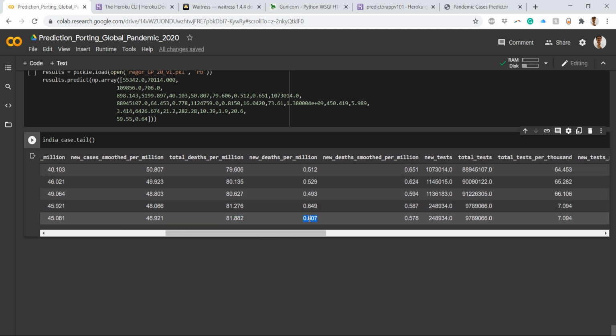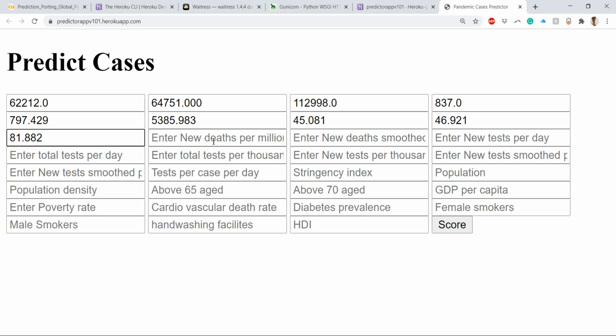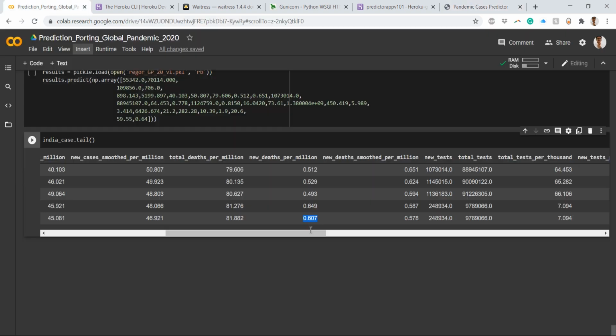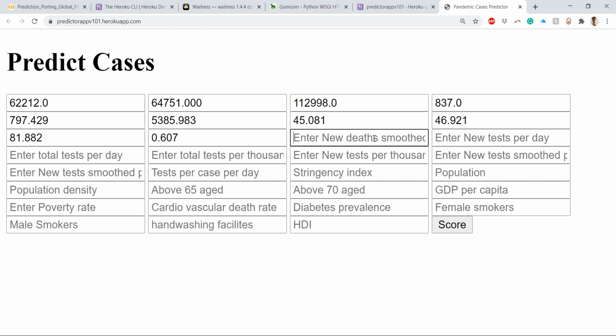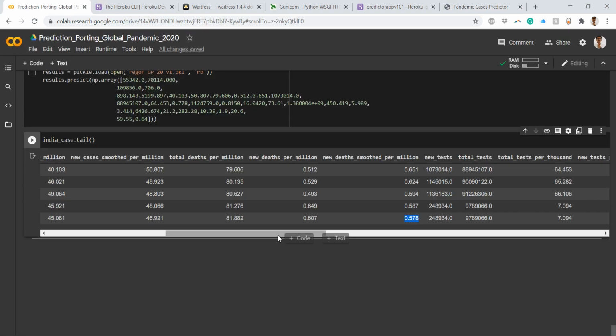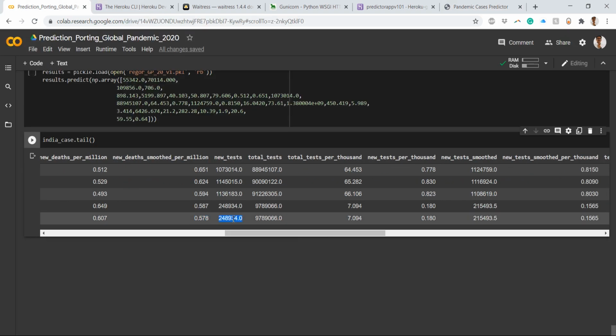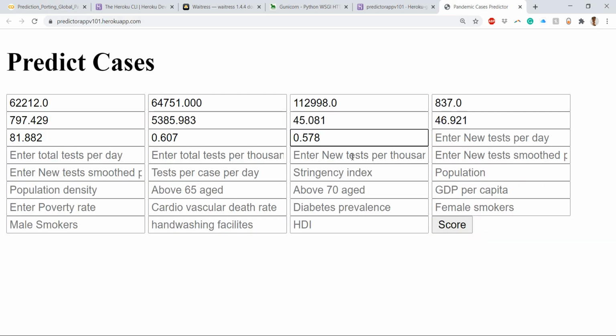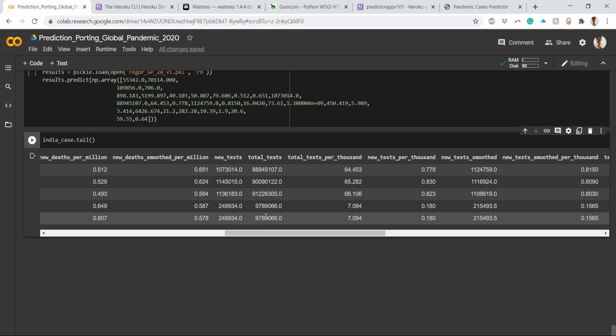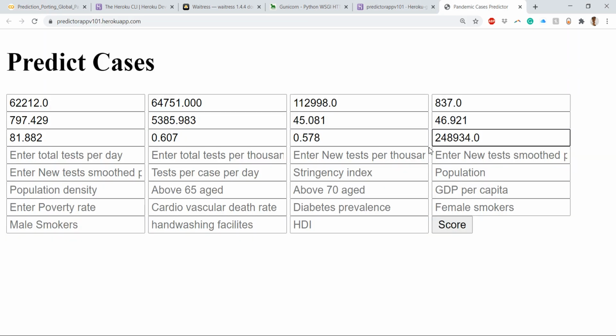That is new deaths per million. Then you have new deaths smooth per million. So this is a difficulty when you have large predictor variables. The later stage would be to do some optimization, or test this with few parameters.